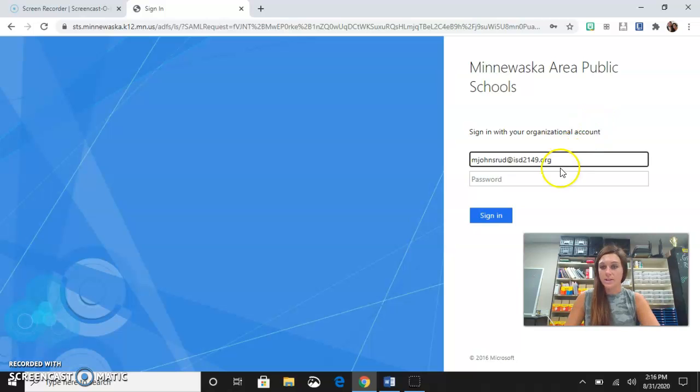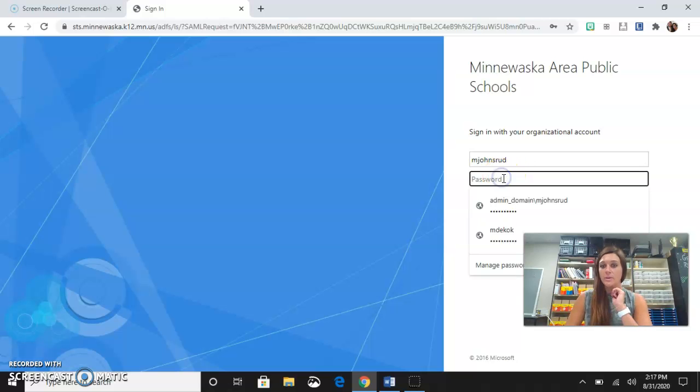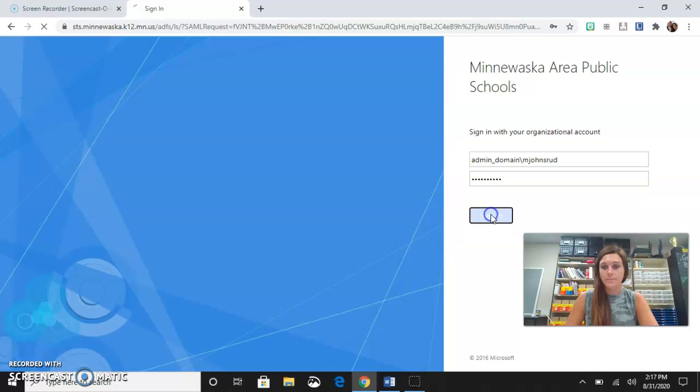So this is what you would log into your computer, but for this I just want you to have the first part of it. And then your password is going to be your capital LAKERS, Lakers, and then your lunch number, the same password that you use to log into your computer. And once you get logged in there,